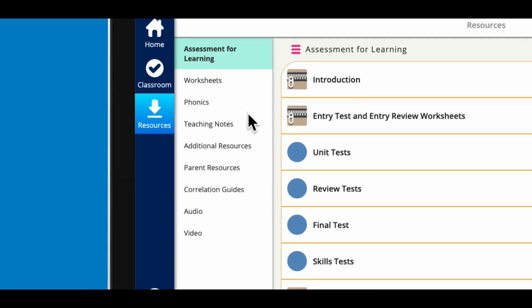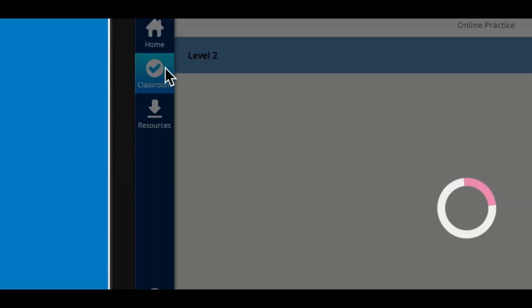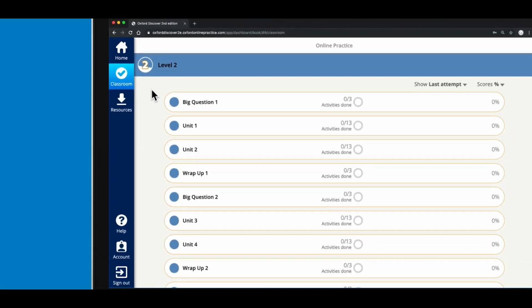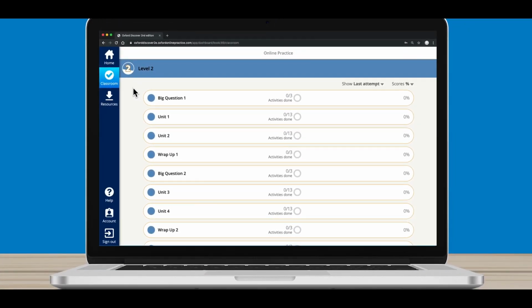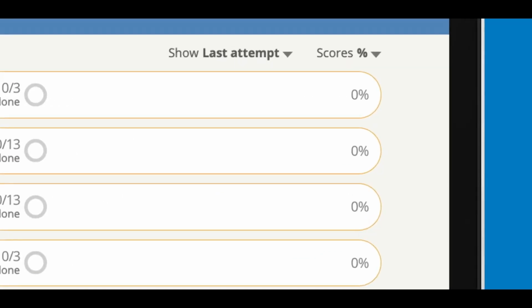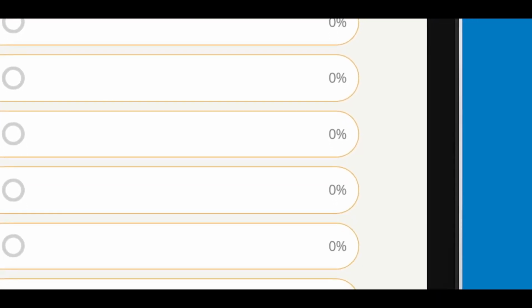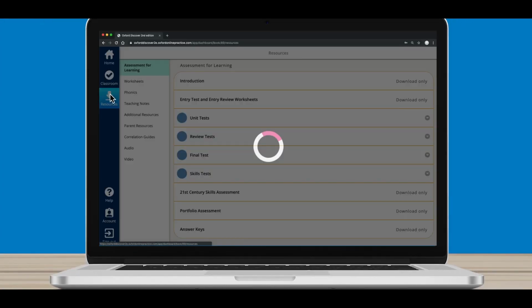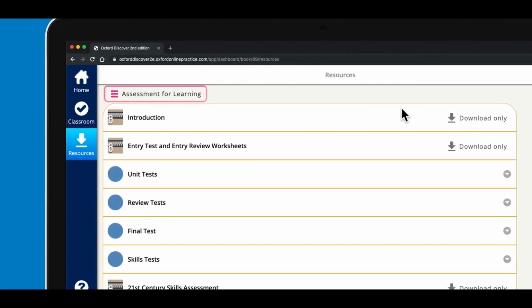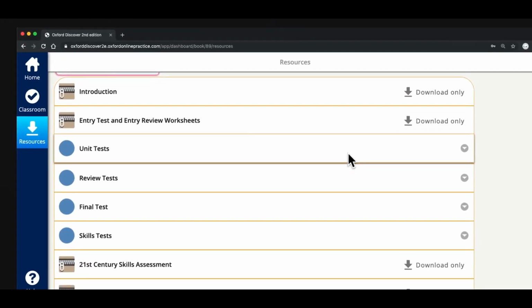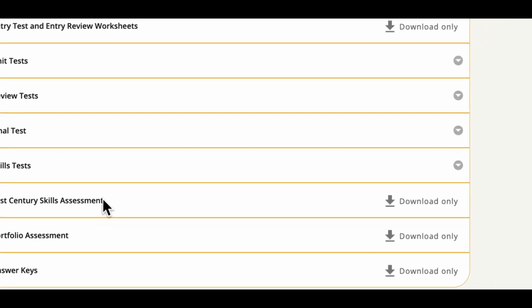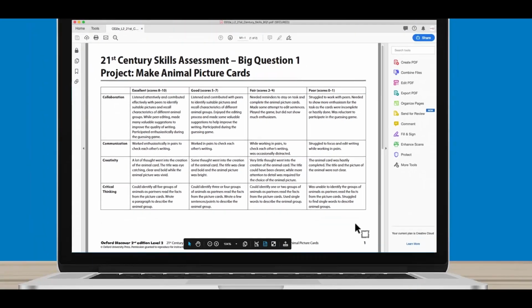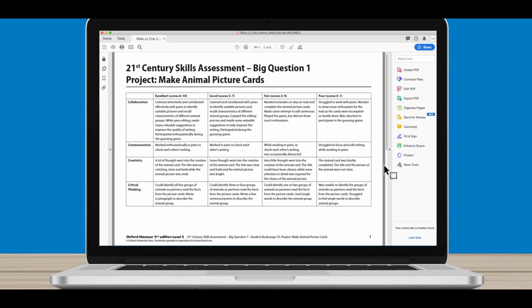The Teachers Resource Centre contains material including worksheets, video and audio, and can be found under the Resources tab. Online practice allows you to assign activities and monitor your learners' progress, and can be found under the Classroom tab. Here you are able to track students' overall scores in vocabulary, reading, listening, writing and grammar. Oxford Discover 2nd edition includes an assessment for learning package to effectively measure students' progress in all areas of the course. The course also introduces 21st century skills assessment worksheets that allow you to track student creativity, communication, collaboration and